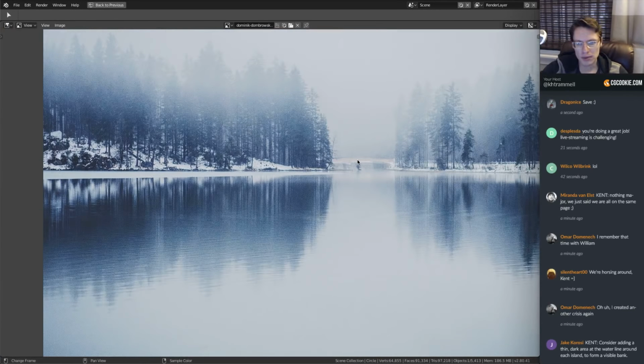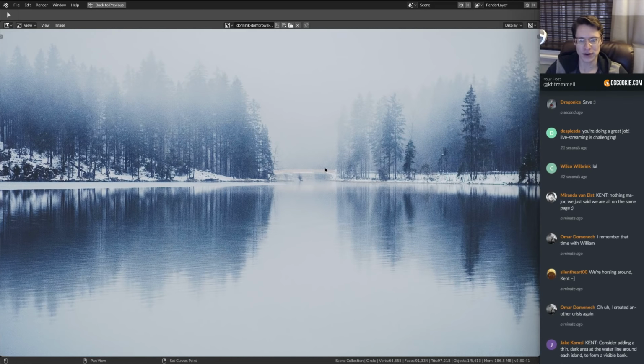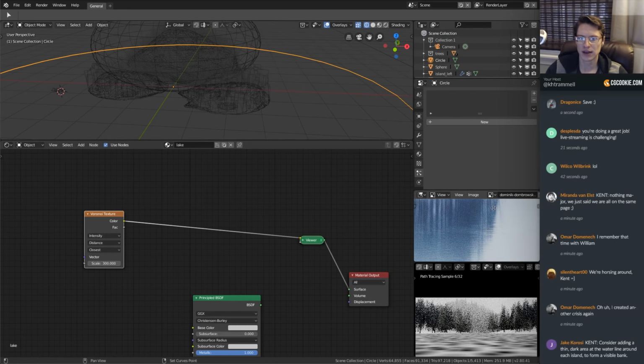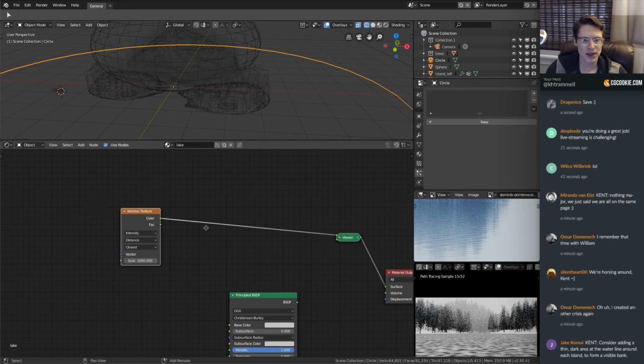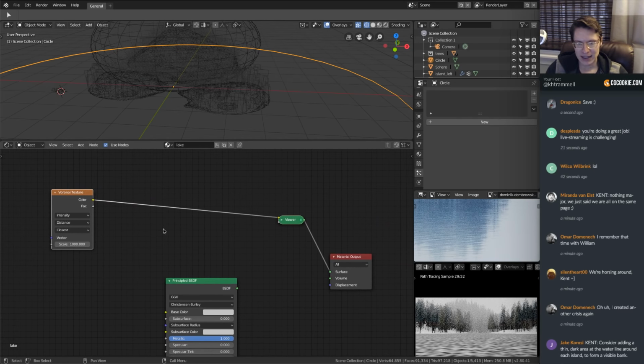It's a calm kind of lake, and there's not a lot of wind, so it gives this peaceful, wintry feeling, and I want to capture that certainly. So very, very fine waves. We might have to go up to like 1,000. Yeah, maybe so. Once we have that established,